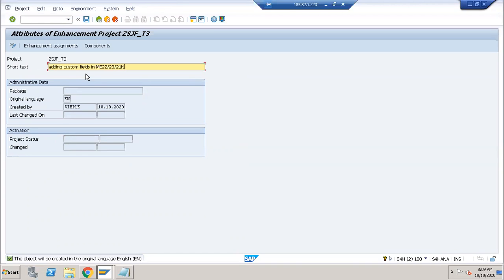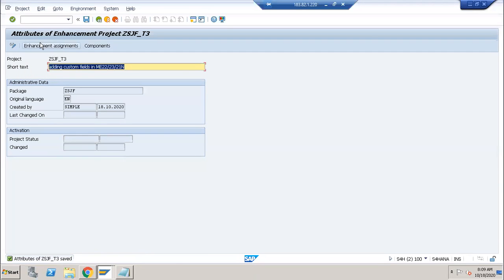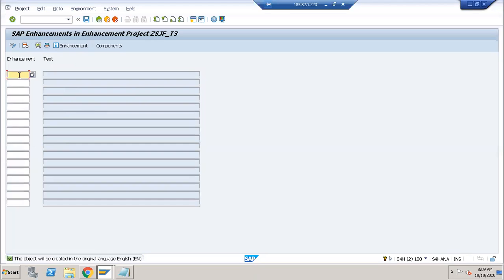ME23N or 22N, 23N. Click on the save button, and now click on enhancement assignments and provide the enhancement name here and click on the enter button,